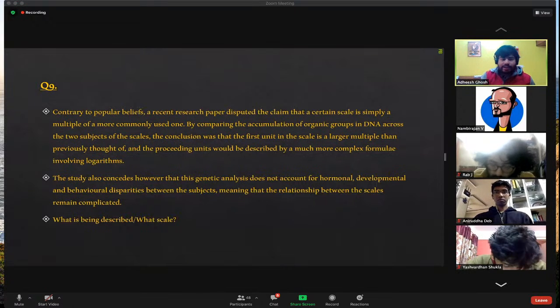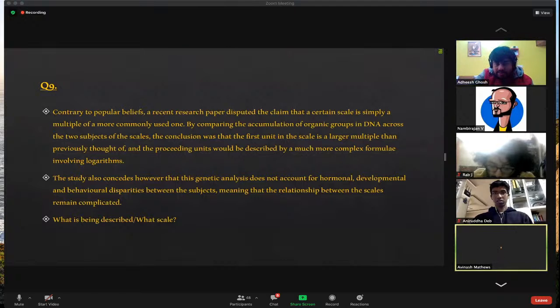The study also concedes, however, that this analysis does not account for all the hormonal, developmental, and behavioral disparities between the subjects, meaning that the relationship between the scales remains complicated. So they were not really convinced that even here the scale is